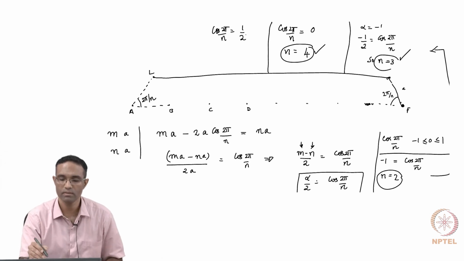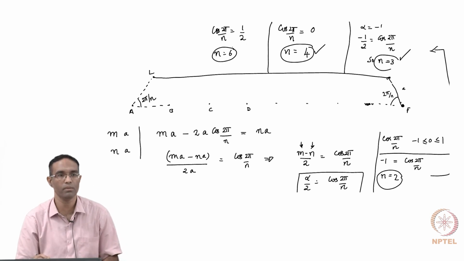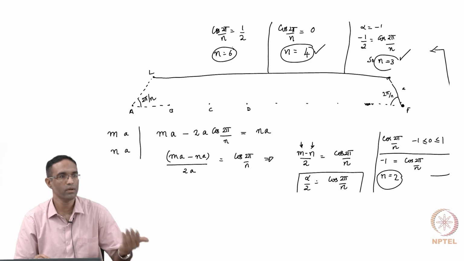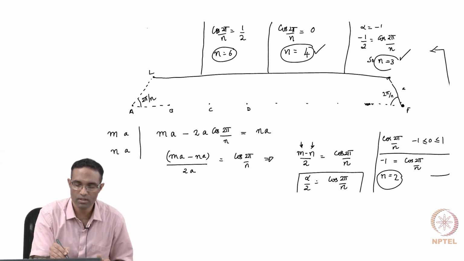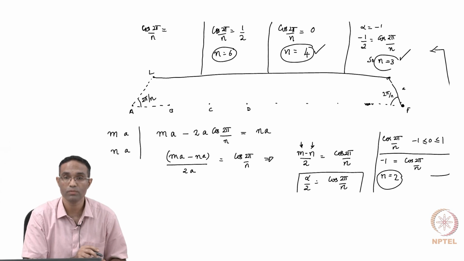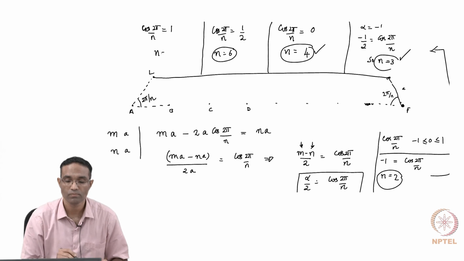What is that then? N would be equal to 6. So a sixfold rotation is compatible as well. 2 pi over 6, 360 by 6, so 60 degrees is okay. Next, what else can we do? 2 by 2, 1. So n is 1,